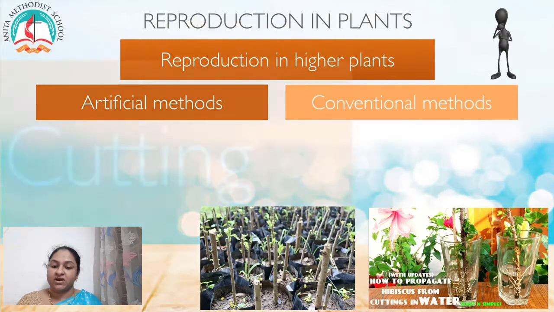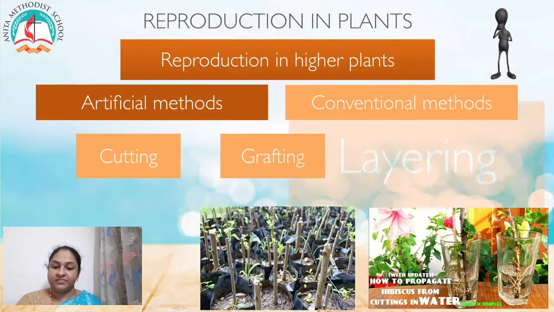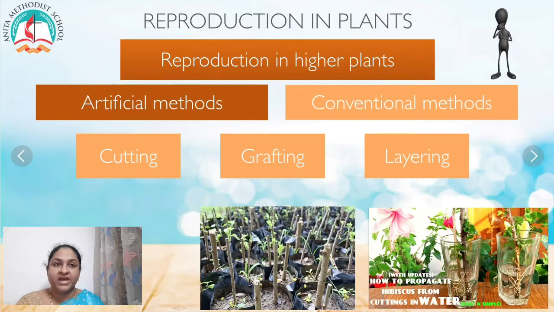So first we talk about cutting. It is the method of producing a new plant by cutting plant parts such as root, stem and leaf from the parent plant. The cut part is placed in a suitable medium for growth. Depending upon the part used, it is called root cutting, stem cutting or leaf cutting. So you have an example of stem cutting here, hibiscus. And then we move on to